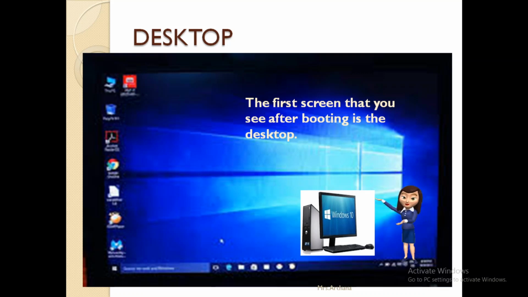The first screen that you see after booting is the desktop. That means the screen you are seeing is your desktop.